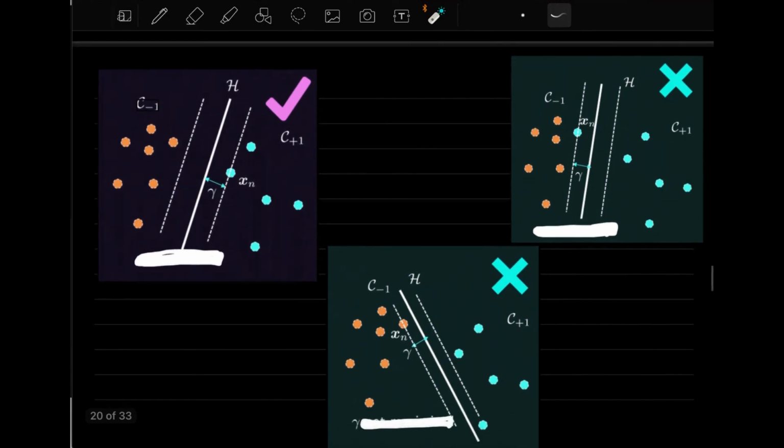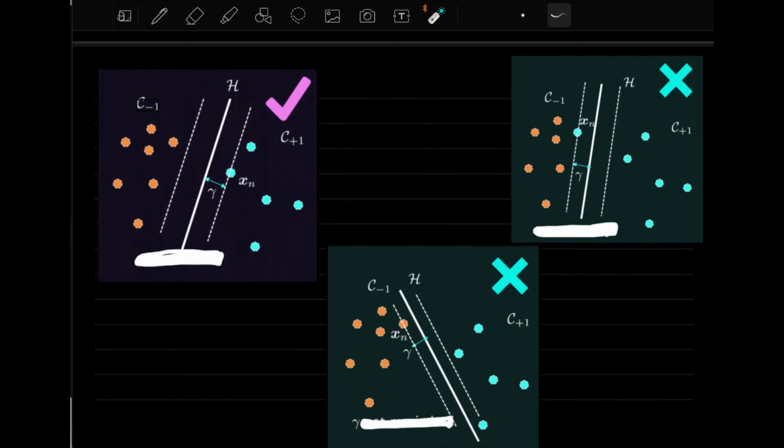If you see here, I have plotted these three plots, and this particular support vector machine result which we are getting here is the best result, and it's a good result because every data point that you have is at a distance at least greater than the gamma. And here also all the data points have a distance at least greater than the value of gamma. So this is the ideal situation, and it's a good support vector machine result which this particular hypothesis function is generating.